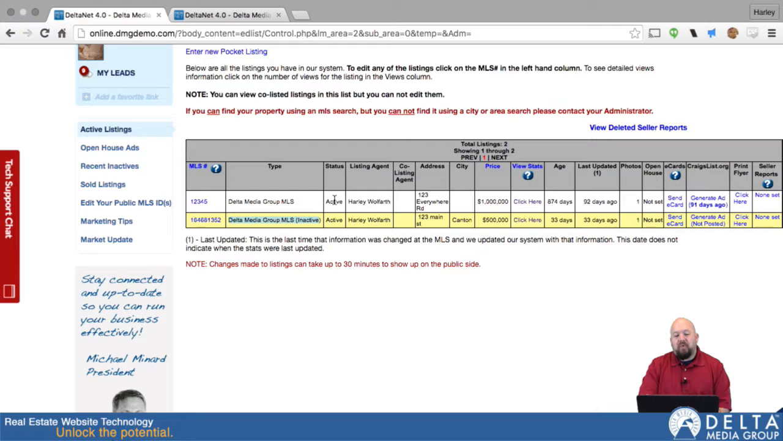If we're still counting pending listings for you, and this just depends on your own company's settings as to whether or not we're going to display pending listings, it would say pending here under status if that was the status of the listing. Listing agent will 99% of the time just be you, but if you're co-listing,